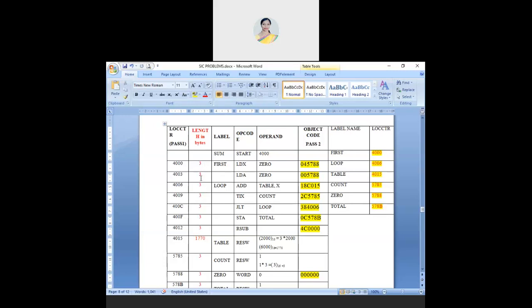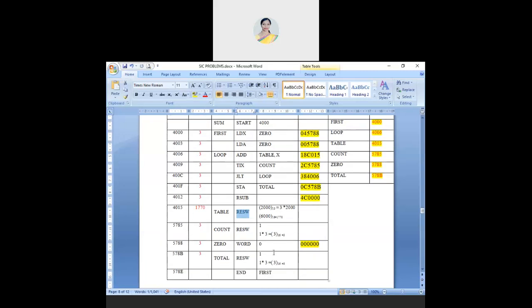You keep counting until you reach 30 bytes. If you get a reserve word in between, you have to break the record. If you have any other object code further, you start with the next text record. I'll repeat: you have to count 30 bytes for each text record.